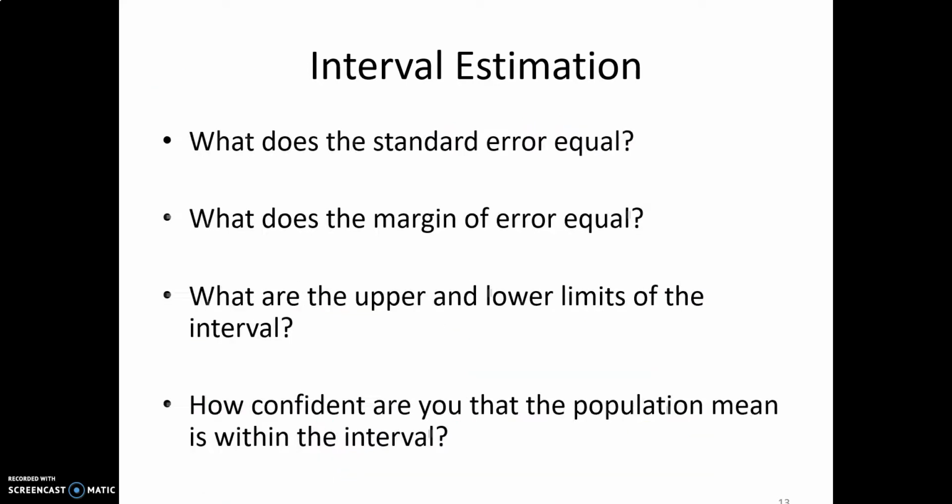Now, subsequent questions we can ask for this is what does the standard error equal? Well, let's just write that for practice. Remember, we have to substitute in the sample standard deviation instead of the population standard deviation. So this is what we had before, 0.75 divided by the square root of 20. The standard error equaled 0.1677. The margin of error, we already know what that equals. It equals 0.43, but